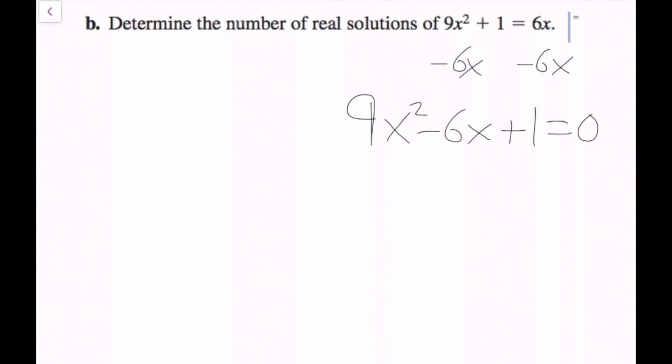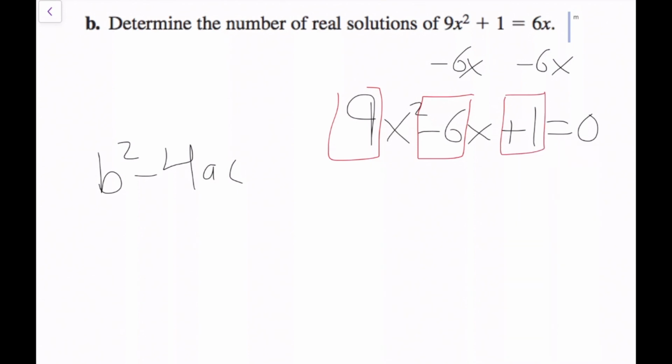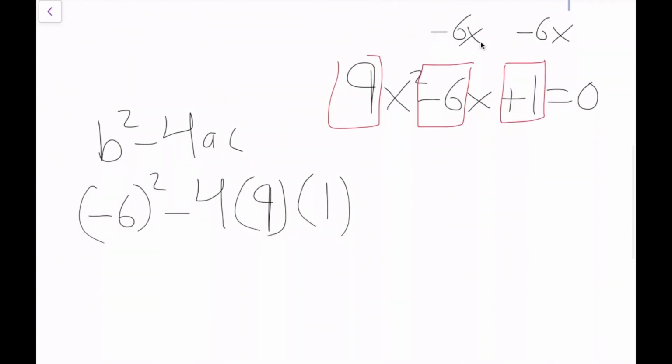Now what I want to do is find my discriminant, b squared minus 4ac, and then I will analyze. So my a value is 9, my b value is negative 6, and my c value is positive 1. So I'll rewrite this as negative 6 squared minus 4 times 9, that's our a value, times 1. Okay? Well, negative 6, the quantity squared, is 36. And then minus 4 times 9 is negative 36 times 1, still negative 36,